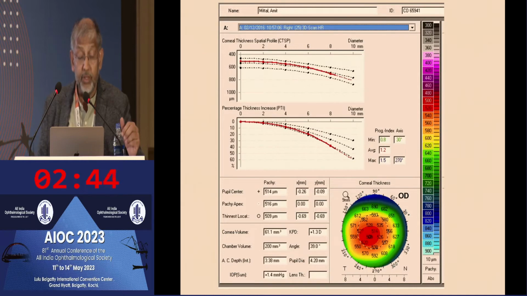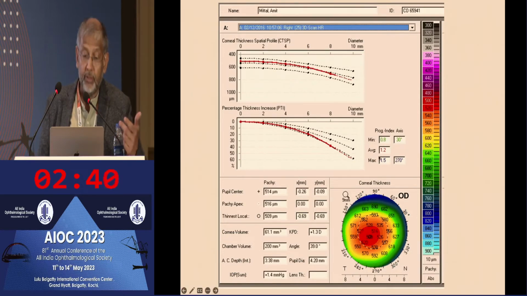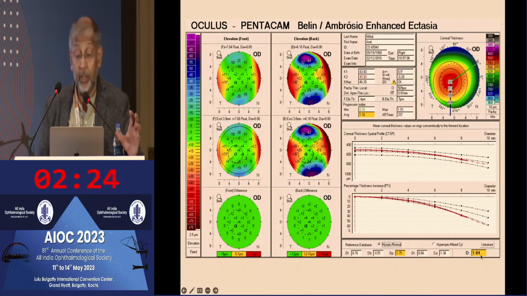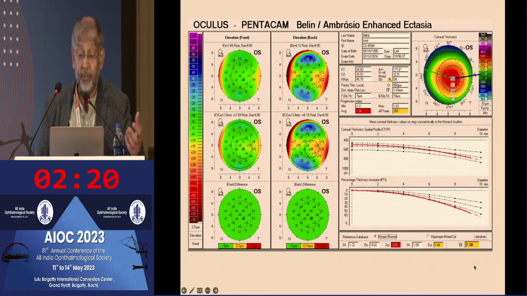And this map shows pachymetric progression. Normal is around 1.2. Here it's a little more, maximum is around 1.5. And here you can see again the pachymetric progression is in yellow. It's more than 1.6 standard deviation, and the whole D value is also ambiguous. It's not absolutely normal. So you may observe these patients and follow up after 6 months, and as we follow up